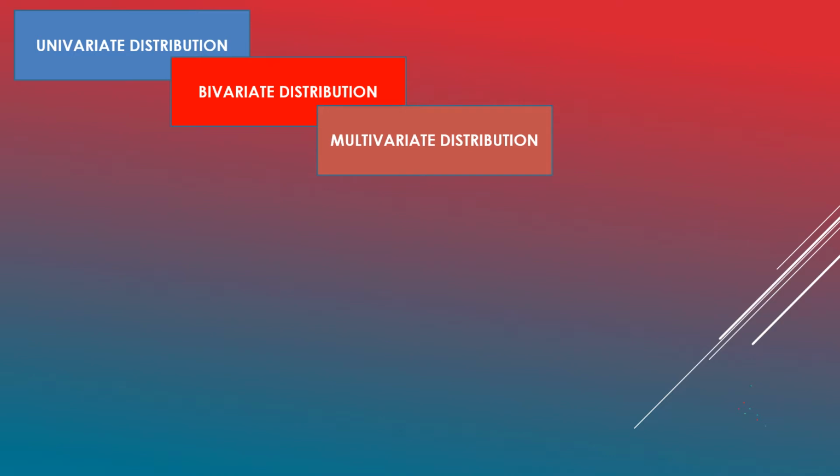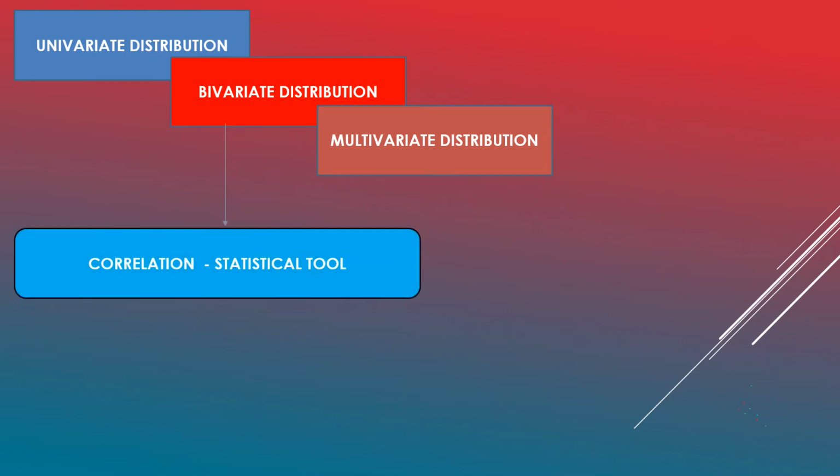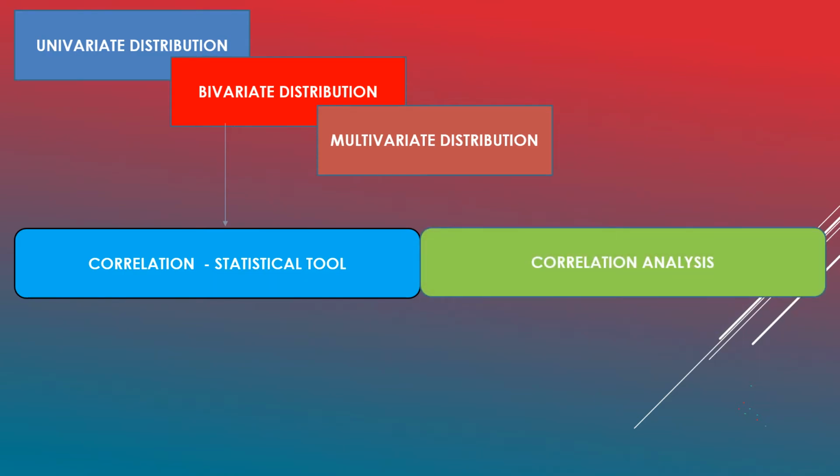To find the relationship between the bivariate distribution, we apply the statistical tool called correlation. Correlation is a statistical tool used to find the relationship between the two variables. There are many methods under correlation analysis which we deal with in order to find the correlation between two variables and to what extent they are related,